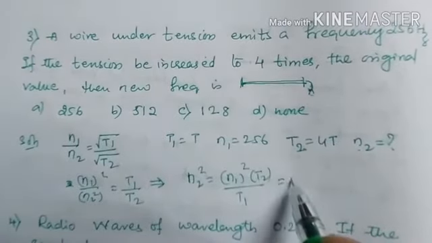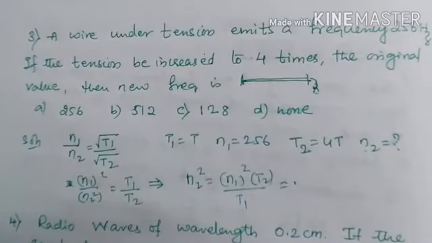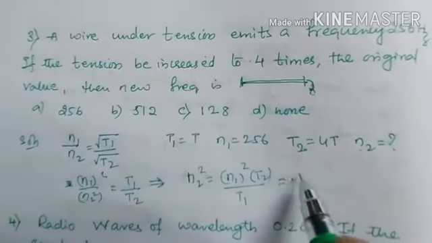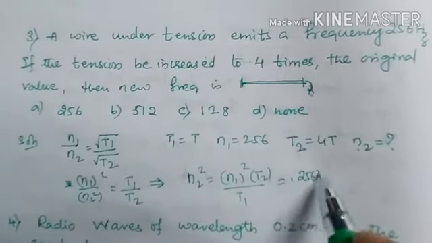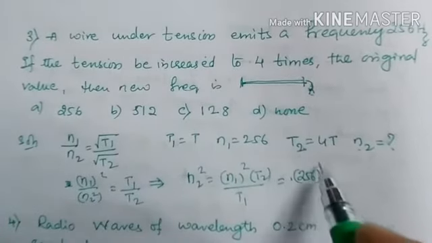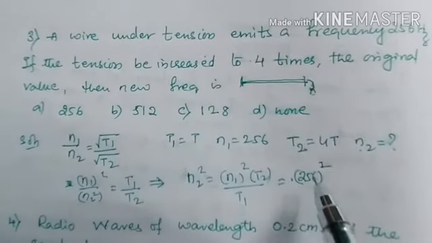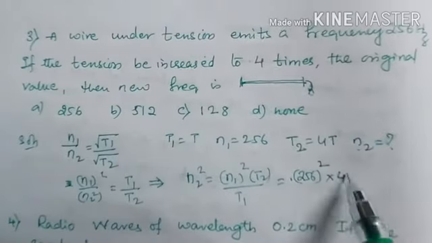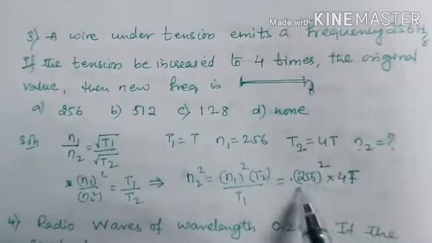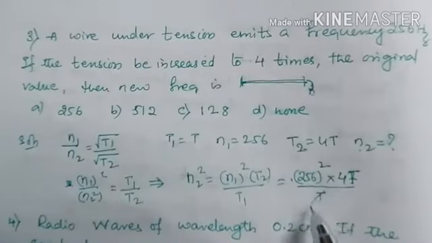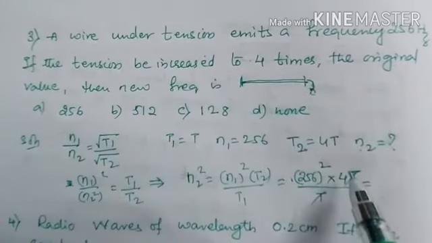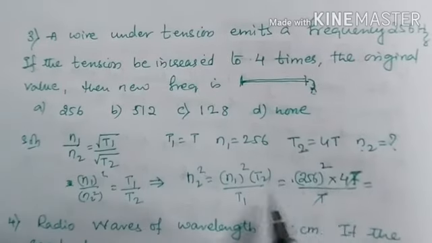Now what is N1 square here? N1 is given, that is the first frequency is given as 256. So 256 the whole square, into T2 is 40, divided by T1. T gets cancelled. Now you multiply 256 square, that is 256 into 256, but here N2 square is